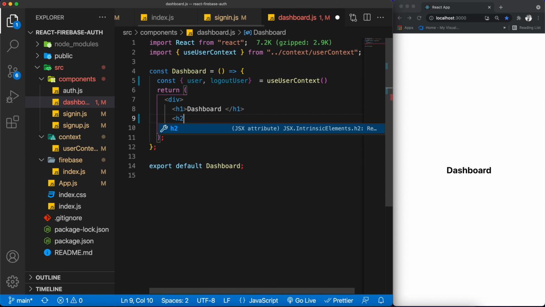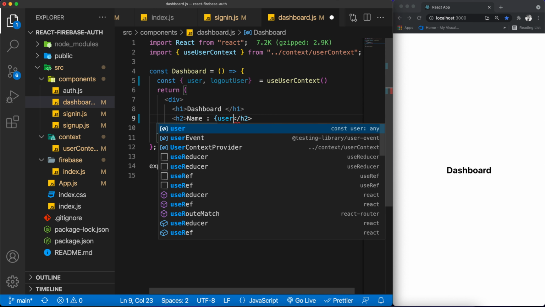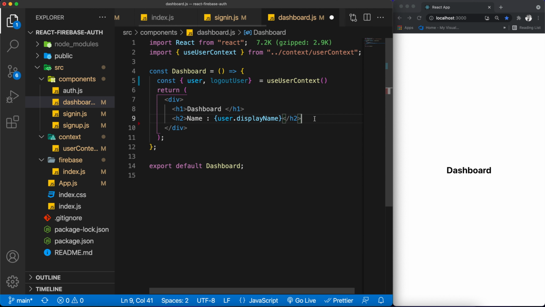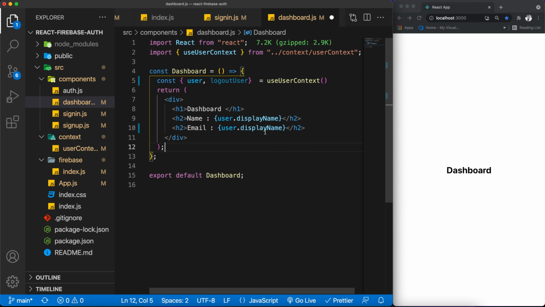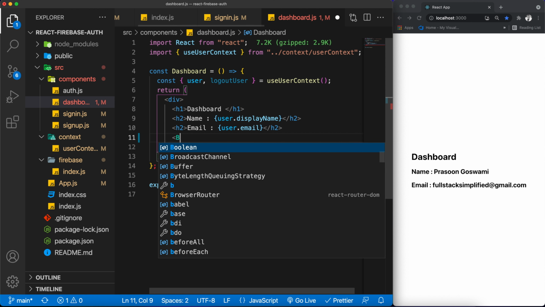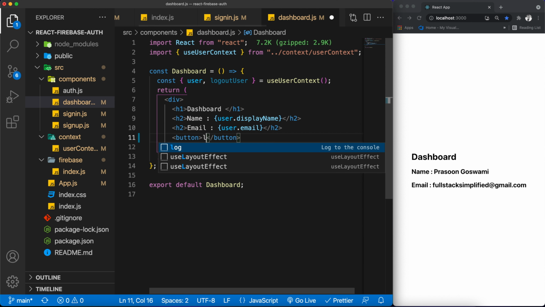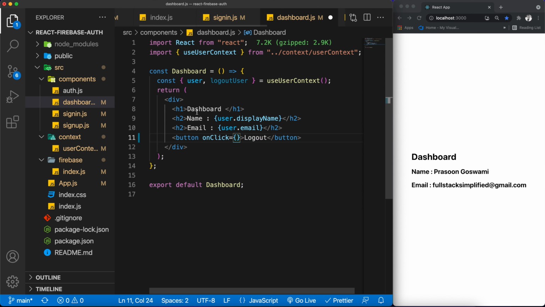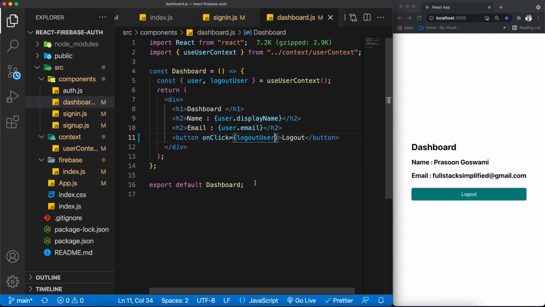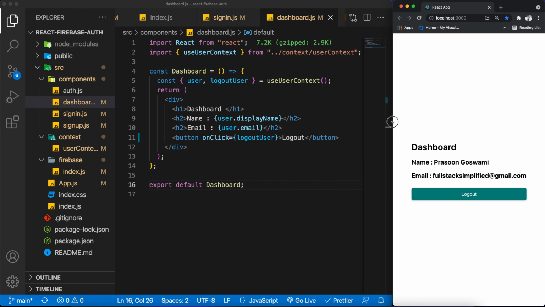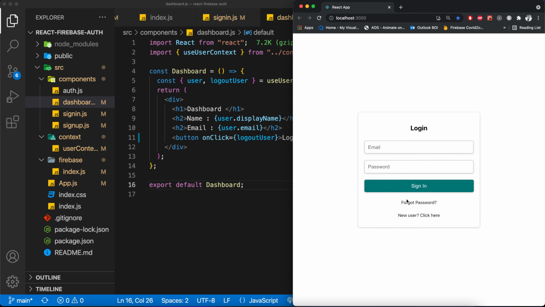So we'll have an h2 tag. I'm going to say name, which will be equals to user dot display name, and we'll also have an email field, or we can say email text, where we'll be showing the user email. And then finally we'll be having a button which will simply say log out, and in the on click event here we are simply going to pass this logout user function. Now if we save this and come back to our browser, if we click on this logout button, we are